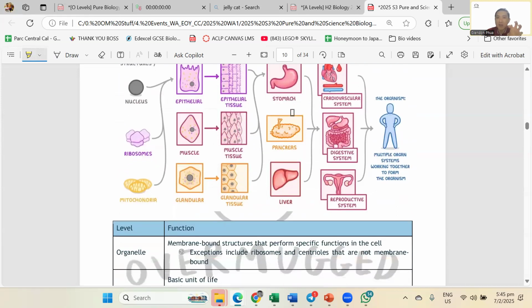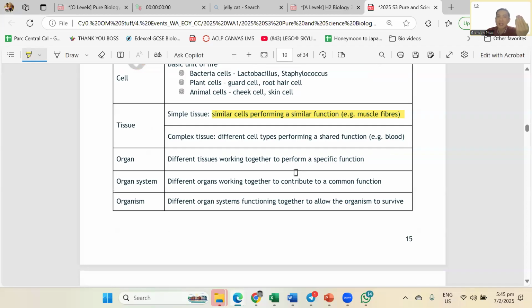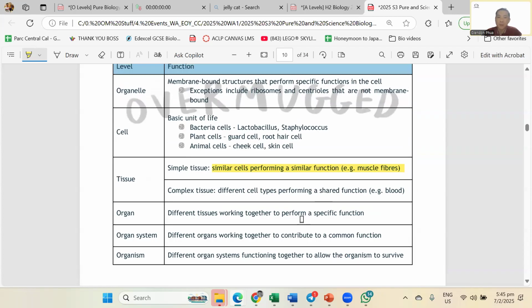Organ is the one where it gets confusing. So all you have to know is organ is like rojak. Different. Before organ, at tissue, everything is 1, 1, 1. Cell is just one cell. Tissue is mostly only similar one type of cell. Organ and organ system is just different things before that. So organ is different tissues, organ system is different organs, organism is different organ systems. And that's how you make it more and more complicated. All right, but these are mostly in MCQ. So don't worry too much, mostly in MCQ.